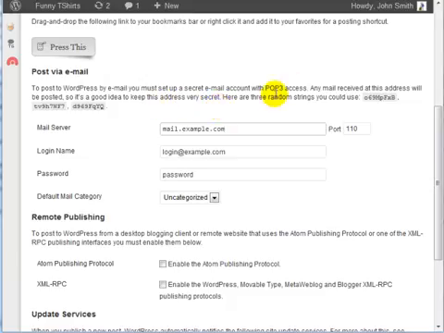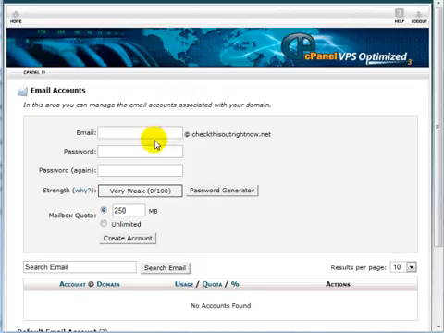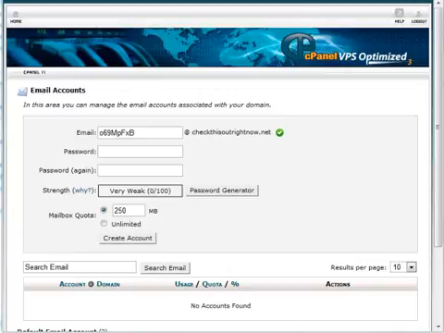Now, if you look very carefully, it says you need to keep this address very secret. In other words, don't tell anybody of this address, because if somebody knows about this address, they can email this address and stuff is going to go onto your WordPress site. And you don't want that. So you can use some random strings here to help you out. So we're going to choose this one. And we're going to create an email address here, and make sure you save this data and then enter a password. Click create account,